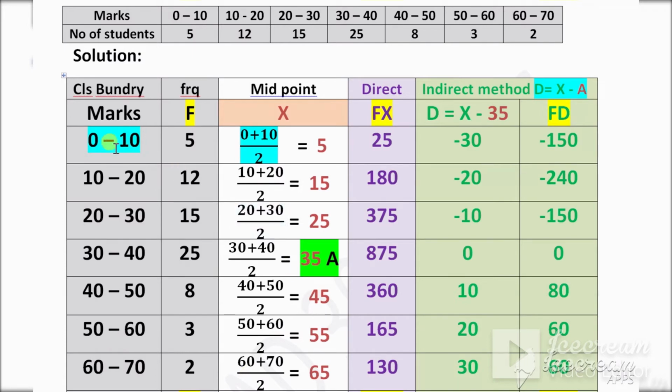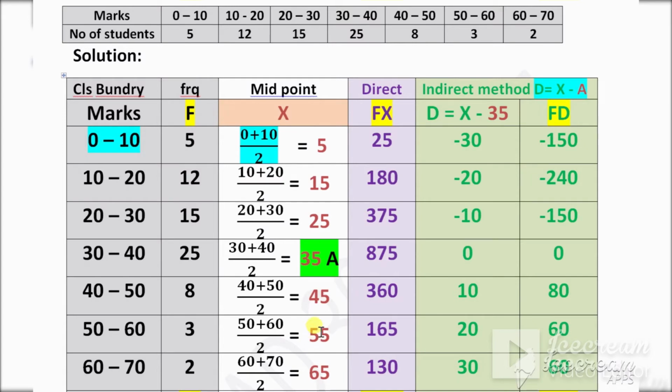We add up these two numbers and divide by 2 when class limits or class boundaries are given, then for finding x we will proceed this way. When in the question class limits or class boundaries are given, and we have to find x, then always we will proceed this way. So these brown numbers are the values of x after adding and dividing by 2. So the x numbers are 5, 15, 25, 35 and so on.